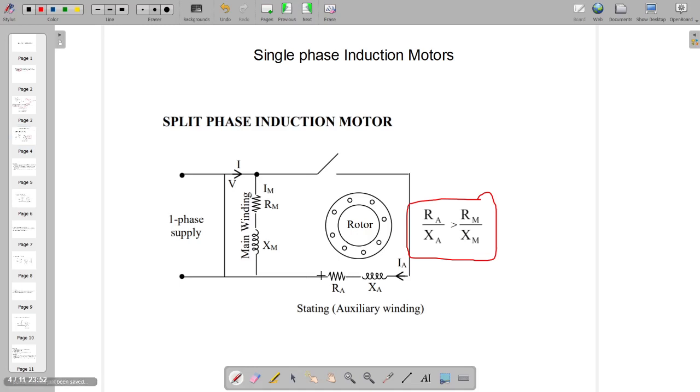The main and auxiliary windings are connected in parallel during starting. Once the motor has started, the auxiliary winding is automatically disconnected from the supply. This motor is rated up to 100 watts. A centrifugal operated switch is used to disconnect the starting winding. For a smaller motor, a relay is often used. The relay is connected in series with the main field winding.